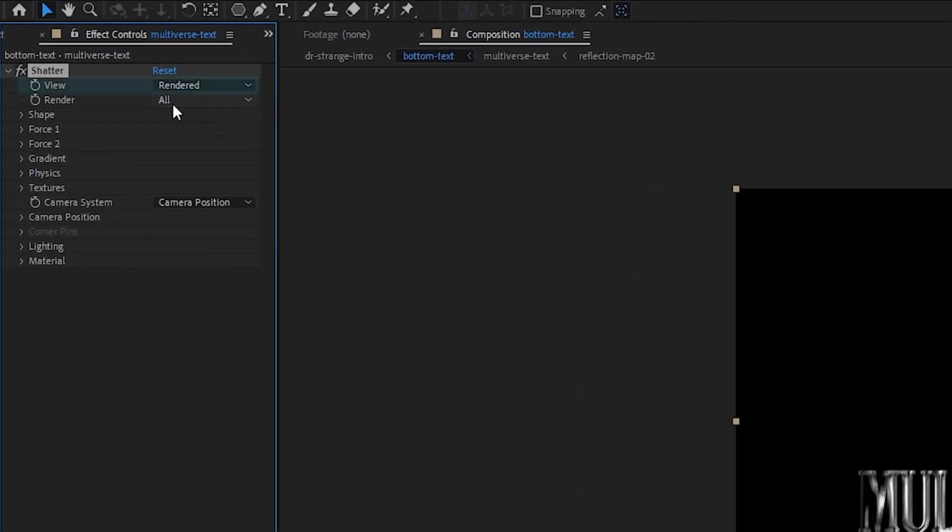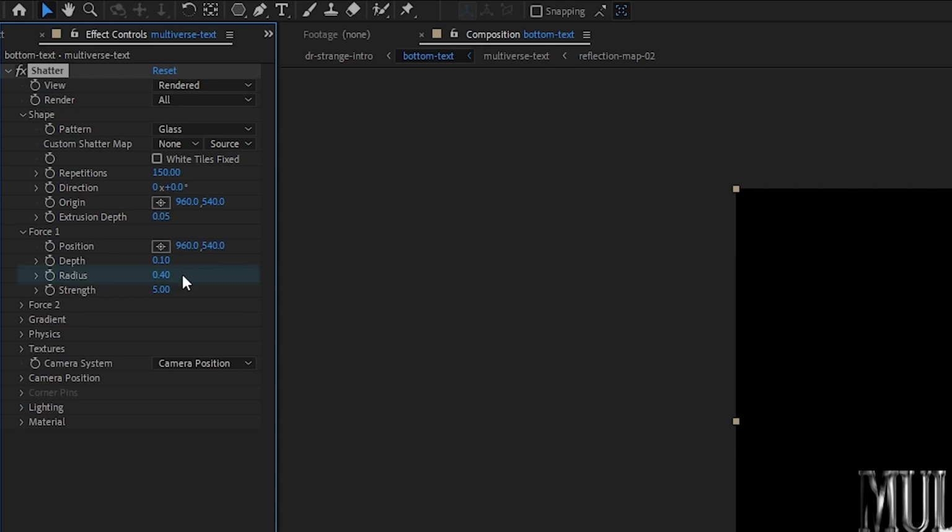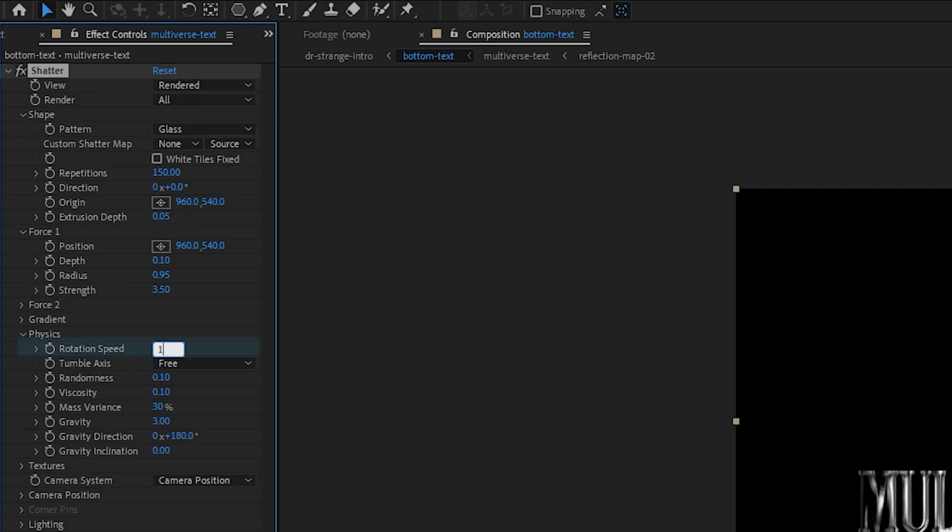So let's change our view mode to rendered and we'll make sure to render all. Under the shape properties, change the pattern to glass, the repetition to 150 and the extrusion depth to 0.05. Under force 1, we'll change the radius to 0.95 and the strength to 3.5. Under physics, we'll change the rotation speed to 1, randomness to 0.5, the mass variance to 60%, and gravity to